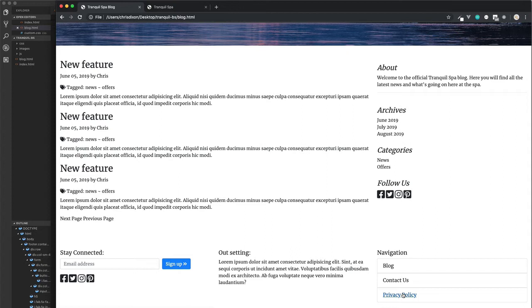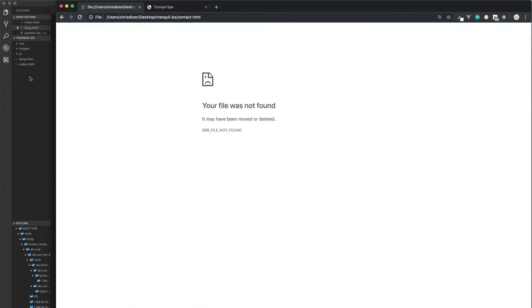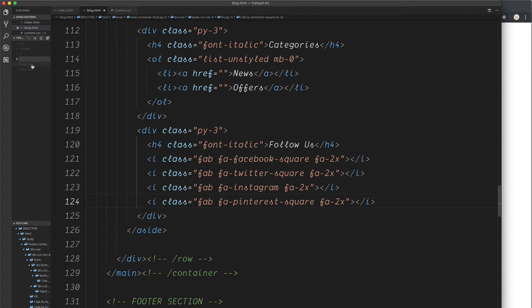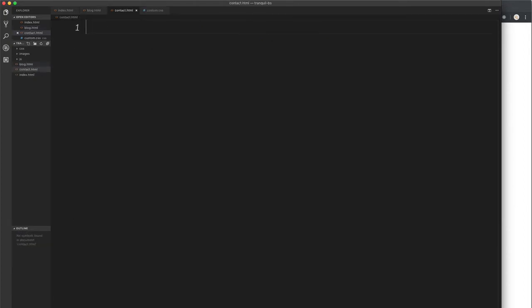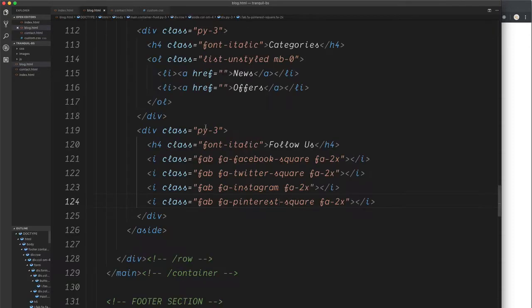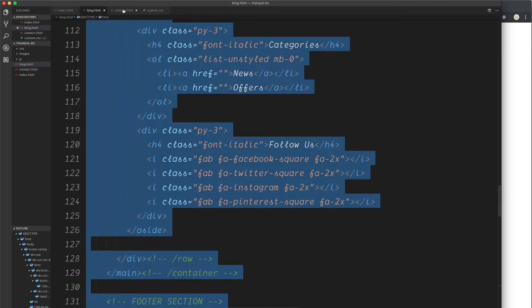I'm now going to create this Contact Us inside the root of our project, alongside our blog and index page. Let's create this file, which is going to be contact.html. Again, we're going to reuse the same header and footer to keep the layout consistent, and then create a new section in the middle. So to speed things up, we can go to the blog, copy all the content, and